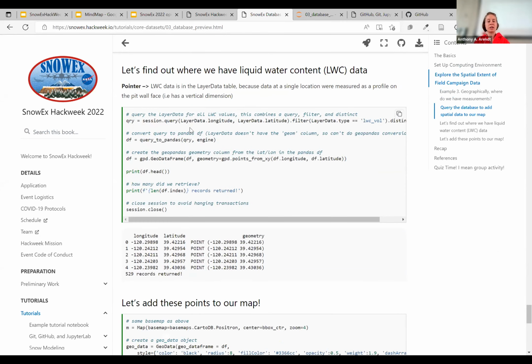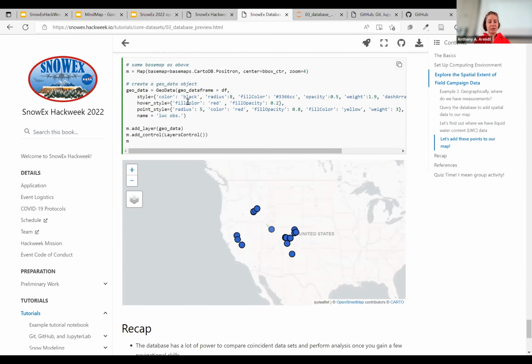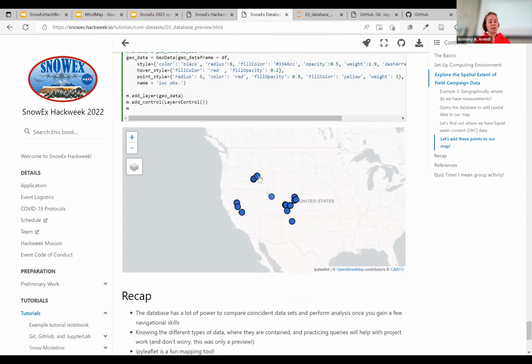So I set a query to filter on our liquid water content measurements. And I have a line of code here that puts that into GeoPandas and sets the geometry. And then I plot that down here with my map, and I create a geo layer, and we run it,